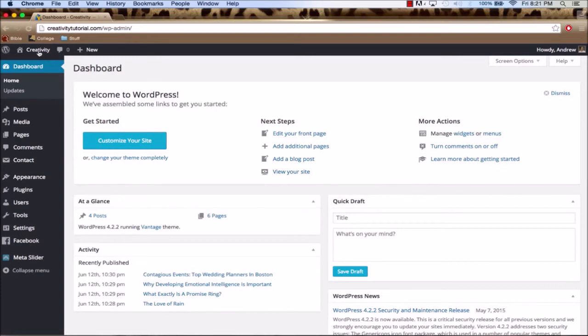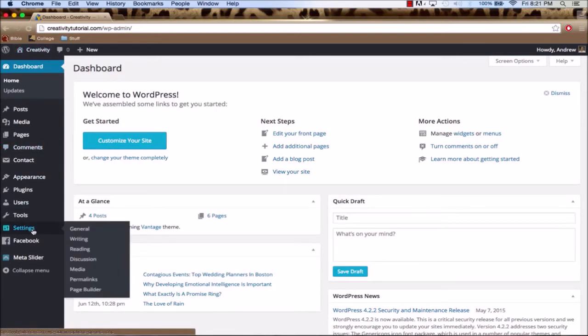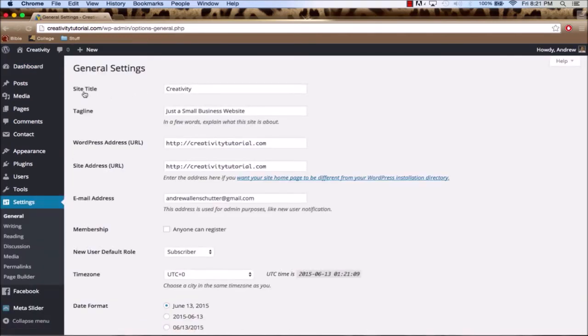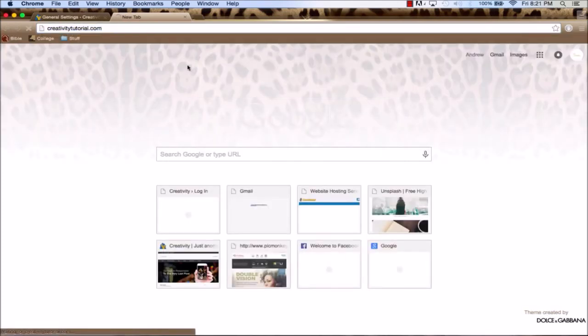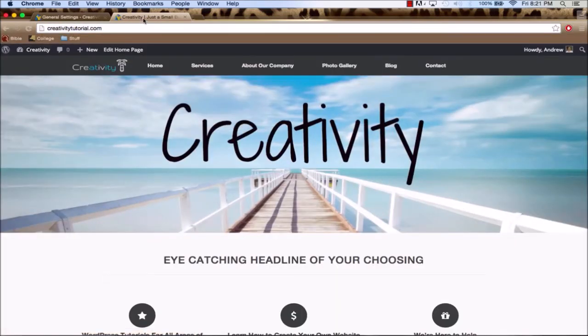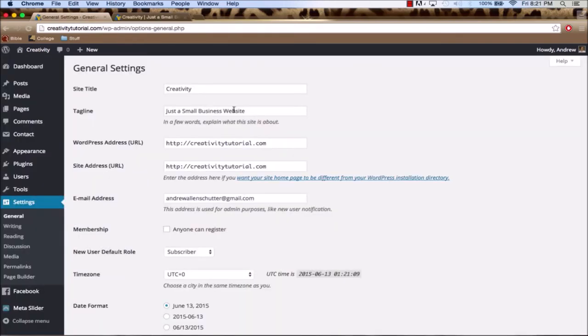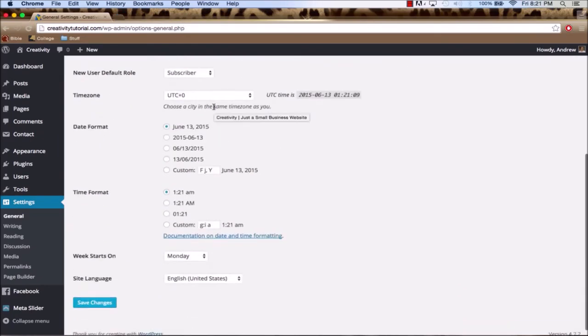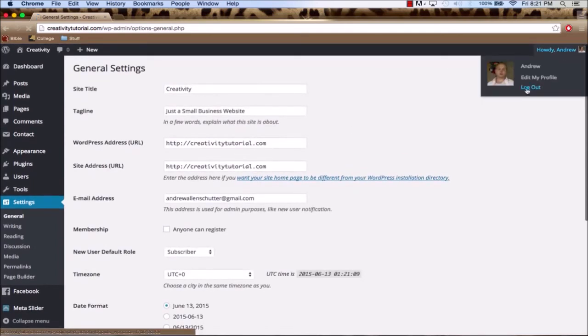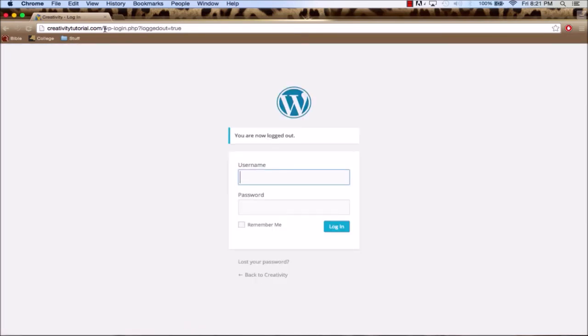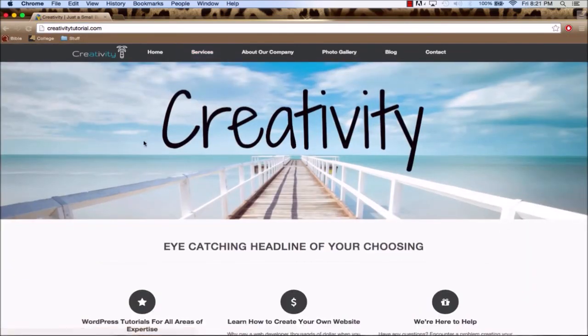If we go back to our WordPress dashboard and we go to Settings and then General, and we go look at the site title and tagline, if we open up a new tab and we were to go to our website, up here it says Creativity, Just a Small Business Website. This is how you are going to change the name of your website. After you've done that, you can click Save Changes and then log out. You can go visit your website by removing this, and voila,